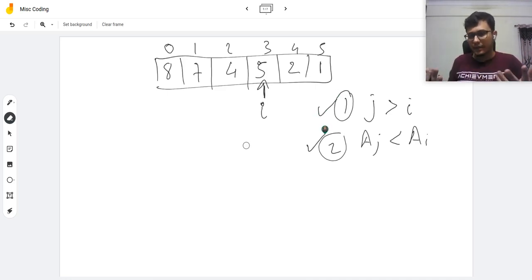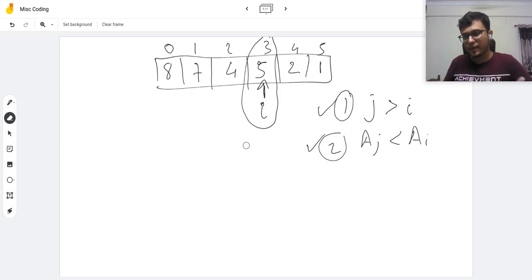Representing this pictorially, what it means is that, for example, this is the ith friend, and it wants to give some candy to its neighboring friends. Then its friend should have j greater than i.